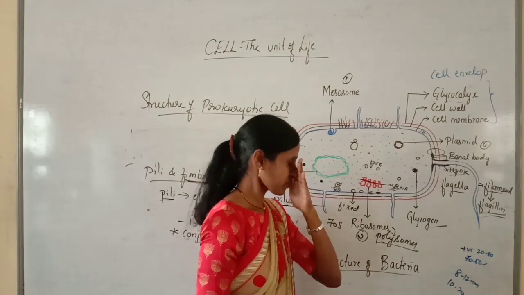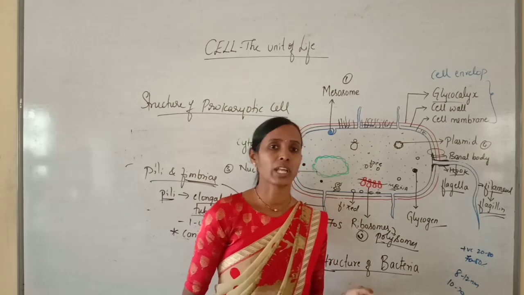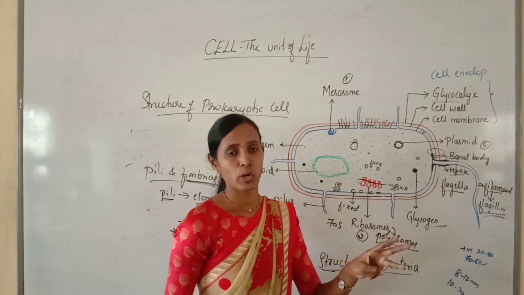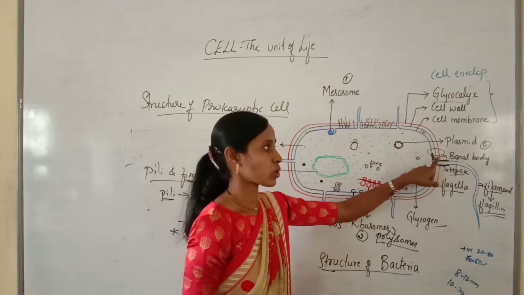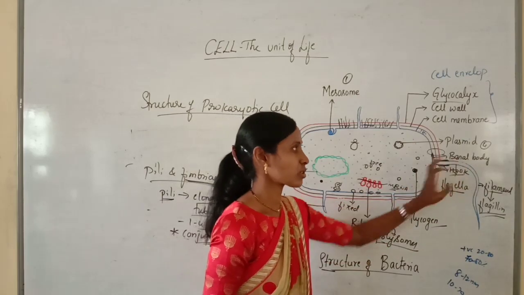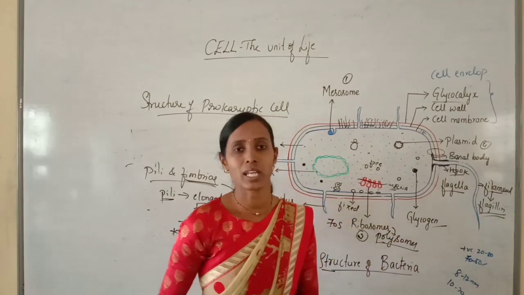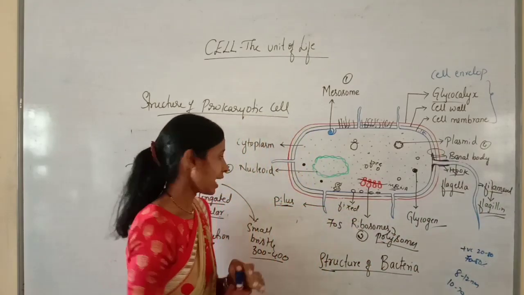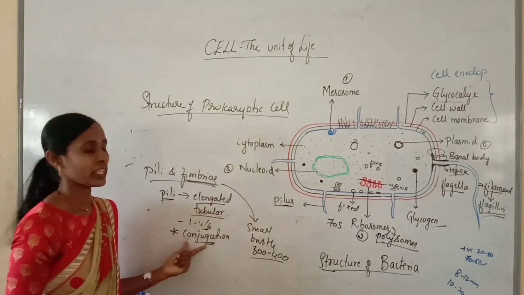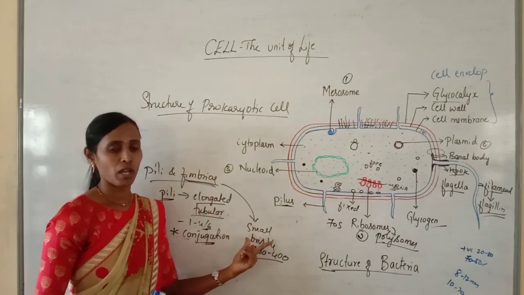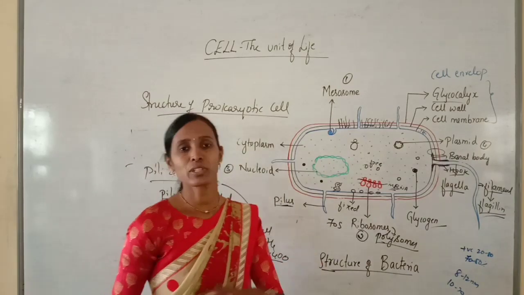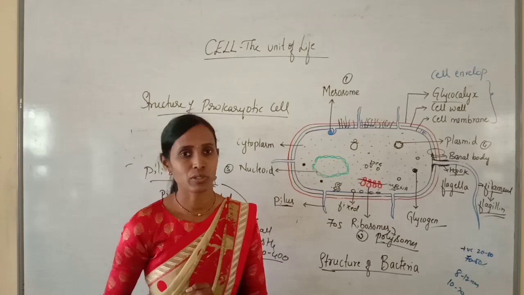Then flagella. If the bacteria is motile, it contains a locomotory organ, a thin membranous outgrowth called a flagellum, which is made up of three parts: a basal body, hook and filament. Basal body is rod shaped, embedded in the envelope. Hook is a hollow tubular structure which connects the structures, and the filament is the elongated one which is made up of flagellin protein. And pili and fimbriae. Pili are elongated tubular structures, their number is very less and they mainly help in conjugation. Fimbriae are small, bristle-like, their number is 300 to 400 and they mainly help in attachment to the host organism or the substratum.